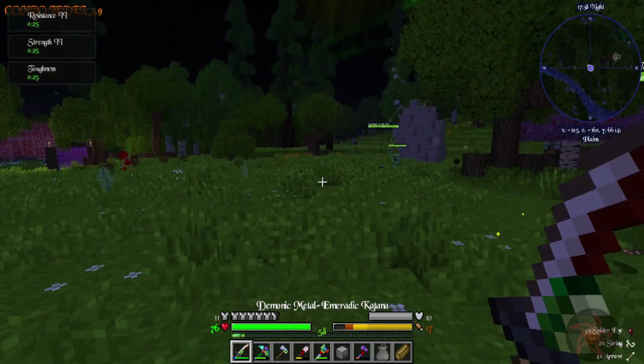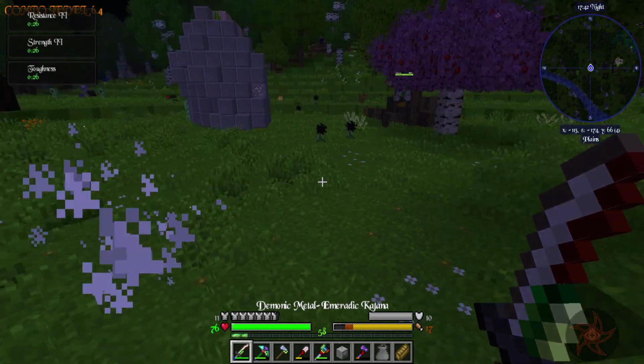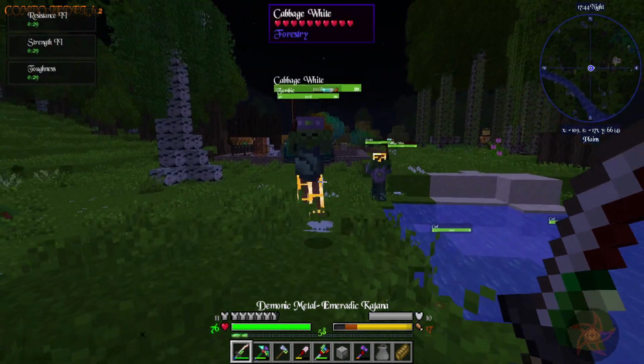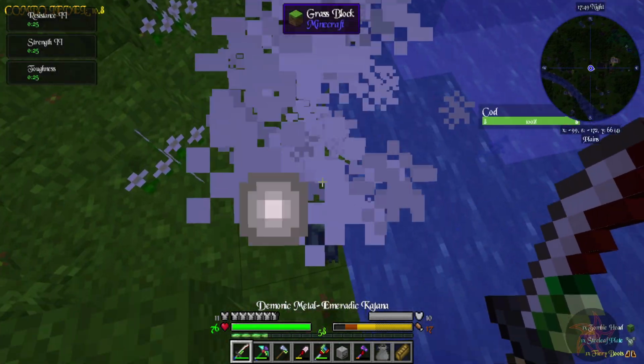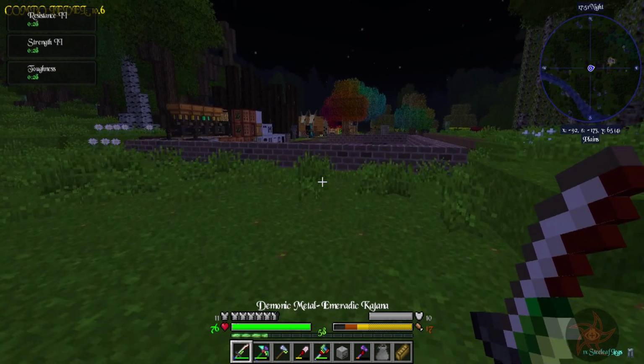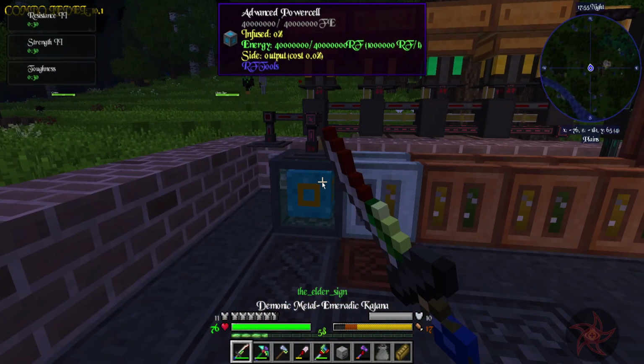Terra steel chestplate. Not bad. Alright. Guys. You just made me kill a butterfly. Seriously? Poor butterfly did nothing to you. So...